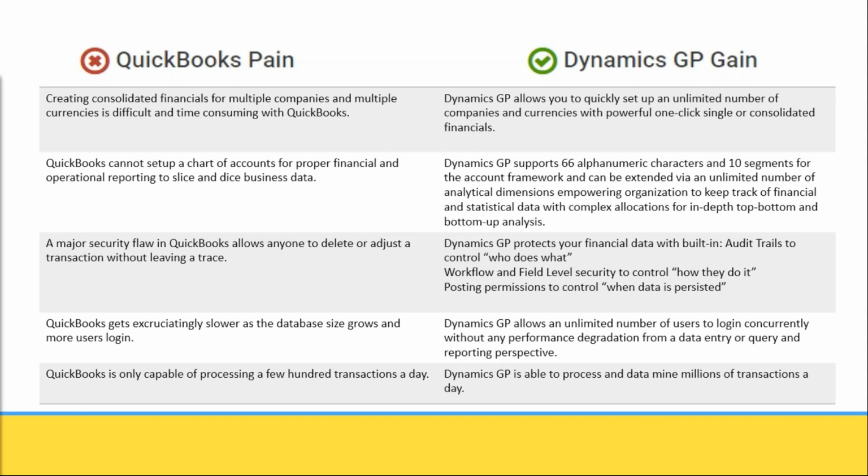QuickBooks doesn't have such a thing as a chart of accounts. They have some classes, but you cannot really break down the business and slice and dice the business data. And with Dynamics GP you get a 66 alphanumeric character and 10 segments for the account framework. So you can analyze your business, the products that you're selling, servicing, buying, or purchasing in many different ways, which empowers, at the end of the day, the executive team to make decisions, right? And then you can also do allocations, variable units, a lot of different tools to look at the data